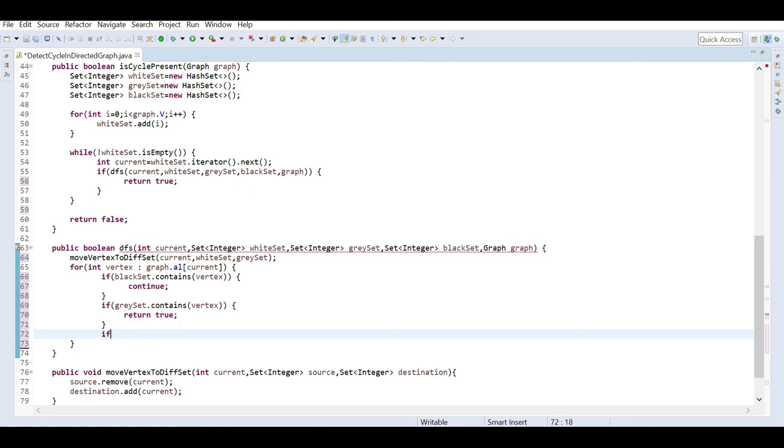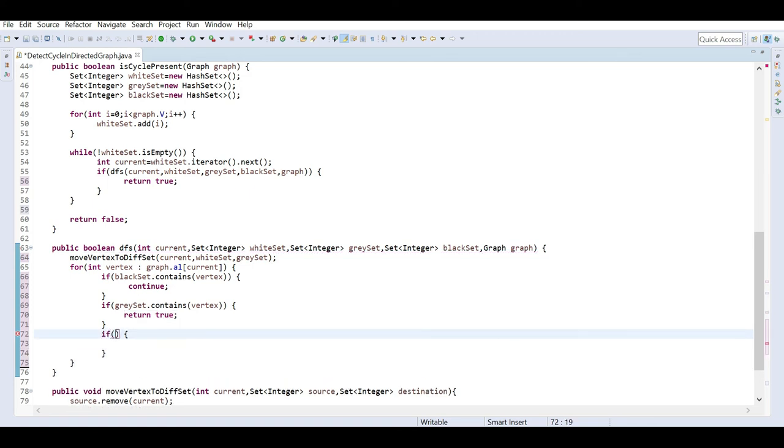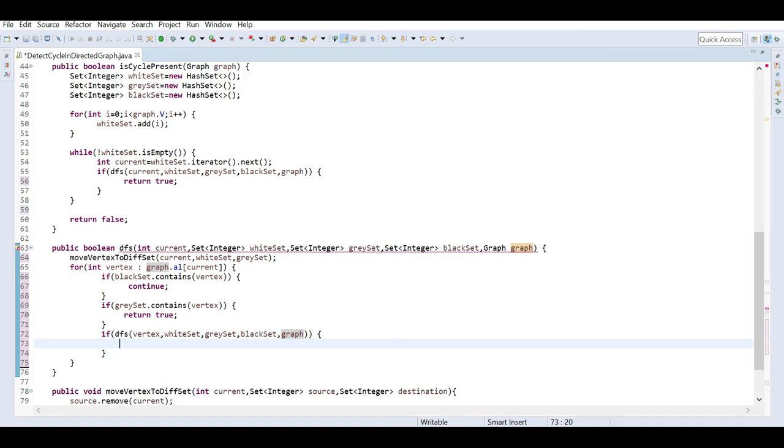Or else we can move this DFS further, means we can process the next node and call the same DFS function, but this time our current will be this vertex, and we have to pass all these sets: white set, then gray set, then black set, and the graph also. And we have to return true if this DFS is returning true.